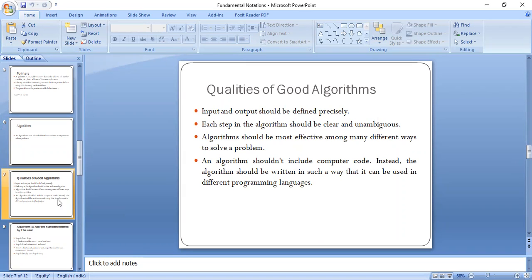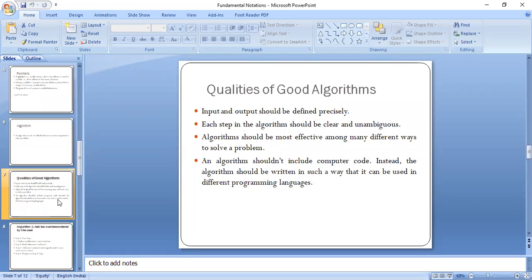Each step in the algorithm should be clear and unambiguous, meaning there should be no duplicacy. The steps should be very clear and to the point. There should not be repeating or duplicated steps in your algorithm. Then algorithms should be most effective among many different ways to solve a problem.